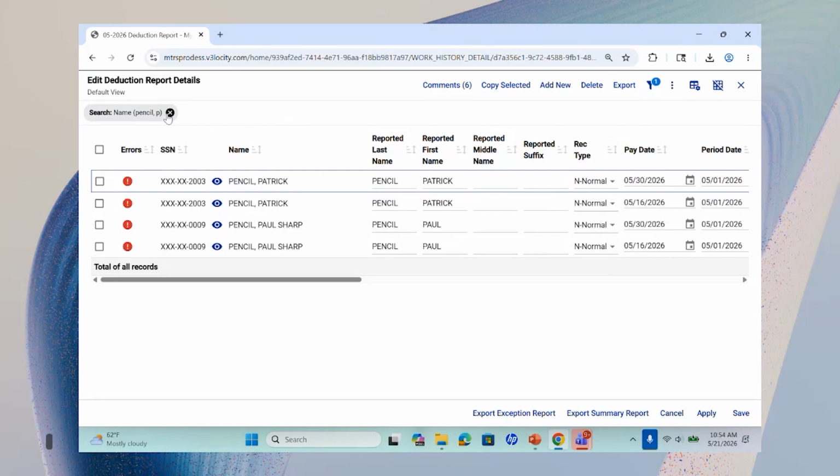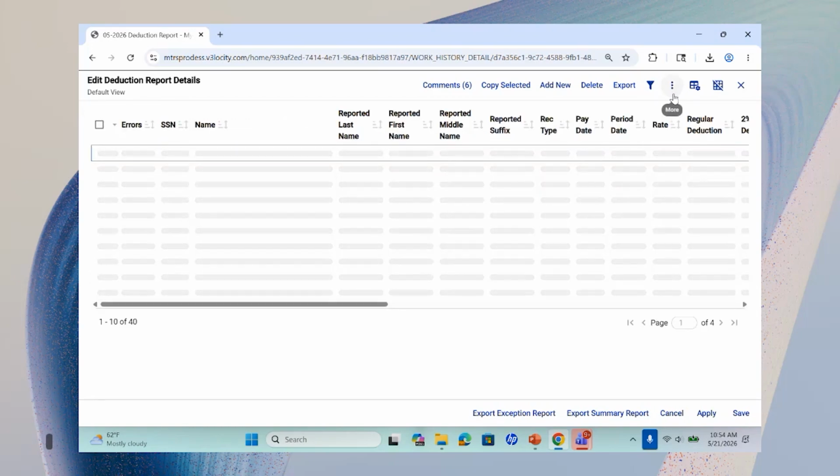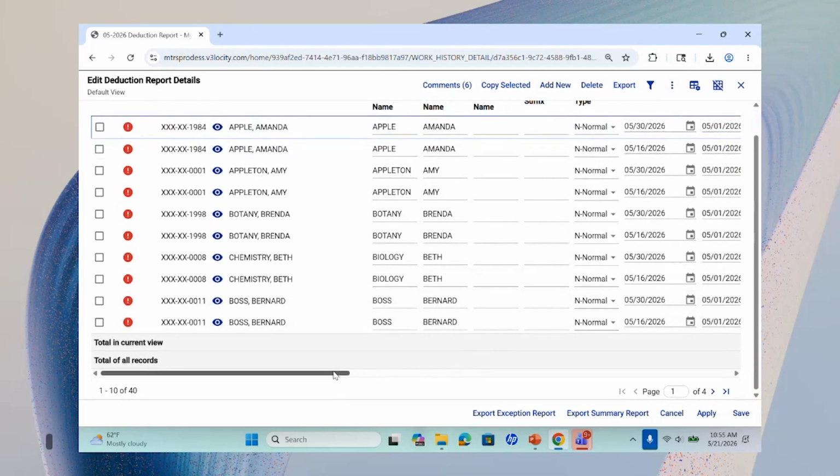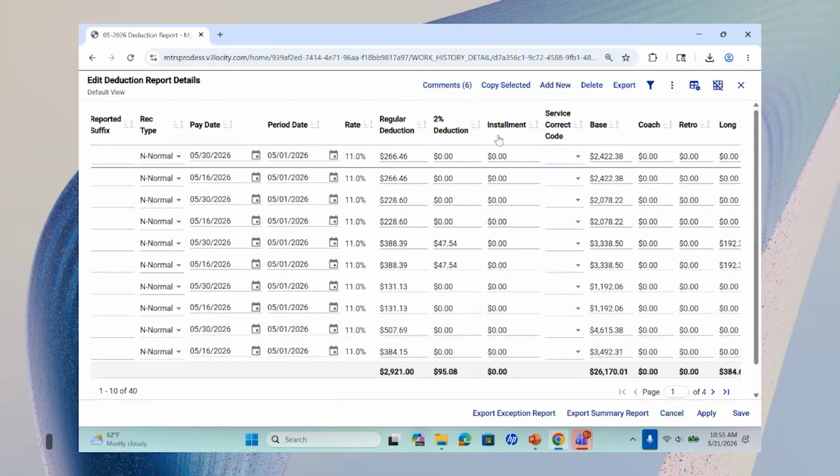I really only know of one instance in real life out in the wilds where a school had their base pay reported as base pay, but it was also for some reason pulling in to the installment field. So these values were here in the base where it belonged, but also in the installment field, which is a deduction field. So it showed they owed like millions of dollars in deductions, which is obviously not correct. They were working with their payroll system to get that fixed, but in the meantime, they had to get it out. And instead of going person by person by person to change it to 0, they could use the modify